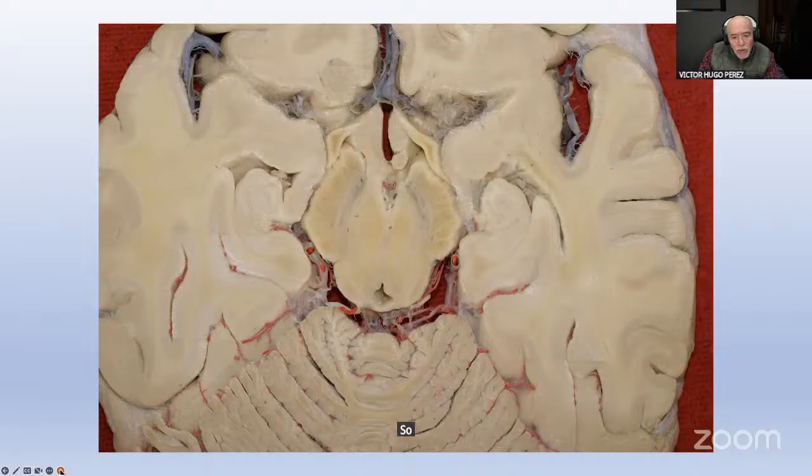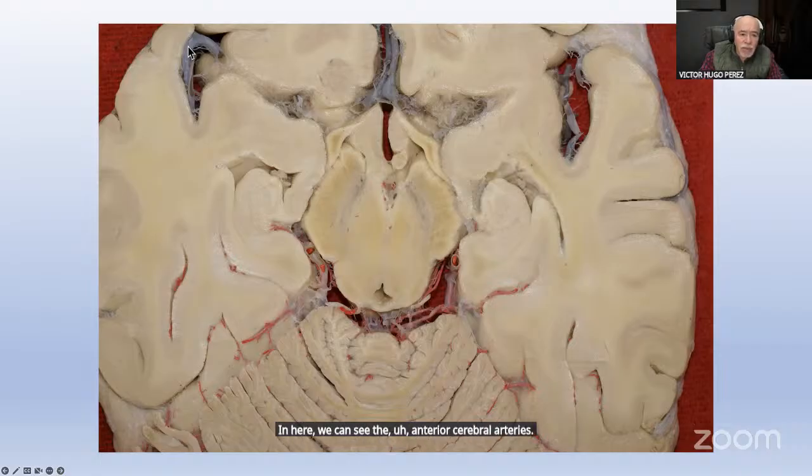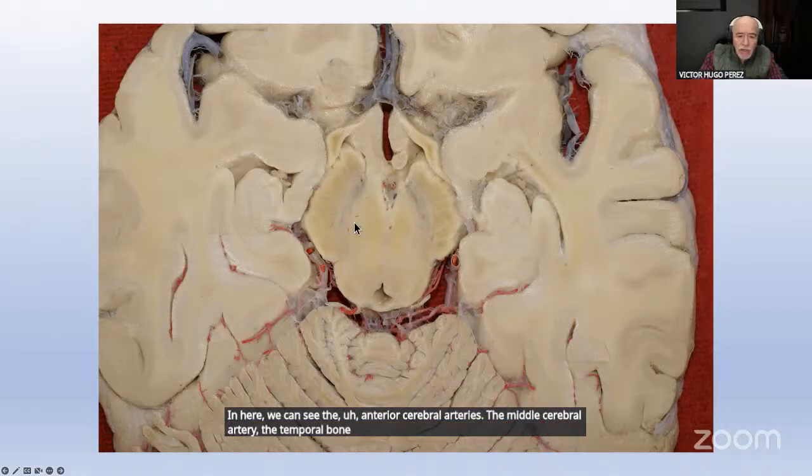So this is also a beautiful picture about an axial cut, axial view of the brain. In here we can see the anterior cerebral arteries, the middle cerebral artery, the temporal bone, the mesencephalon, the peduncles, and